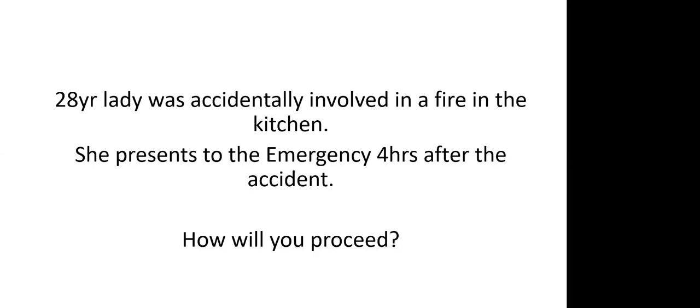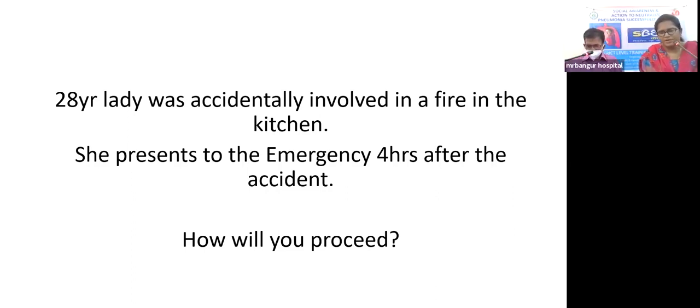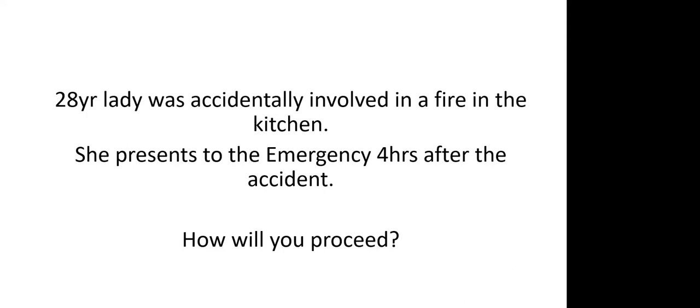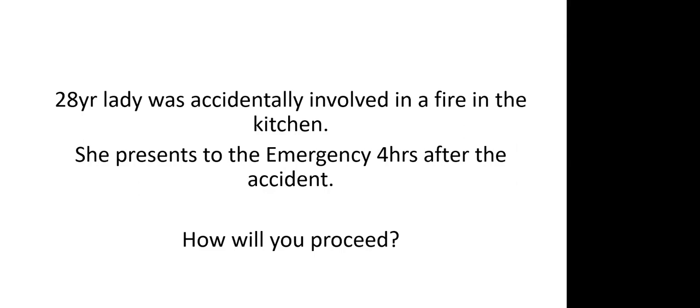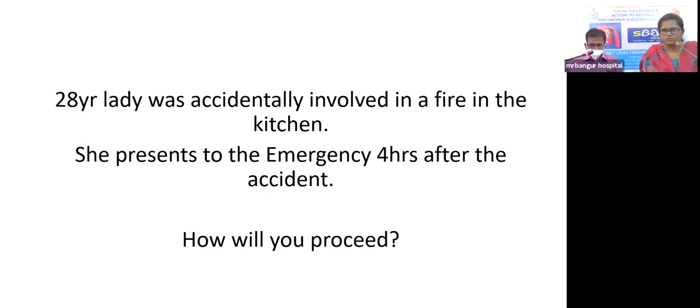Very good. Now, while you are doing this fluid resuscitation, how should you monitor the resuscitative procedure as a whole? The patient's vitals, pulse, blood pressure, and the most accurate objective measurement is urine output, after catheterizing the patient. How much should be the urine output? At least 0.5 to 1 ml per kg per hour. In children, it should be a slightly higher rate, 1 to 2 ml per kg per hour.